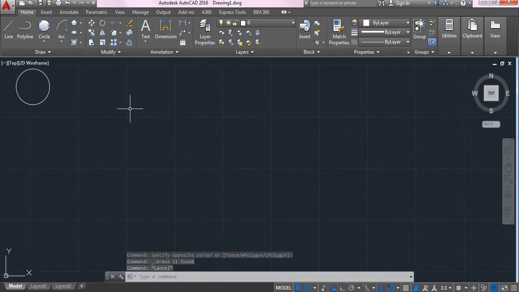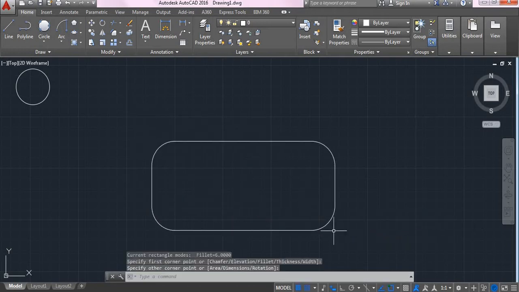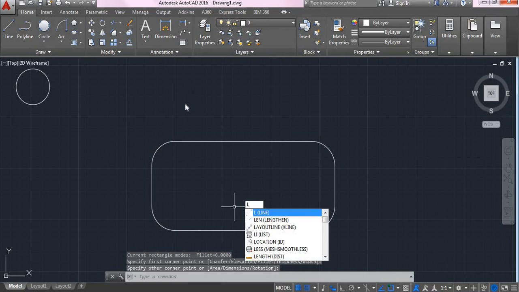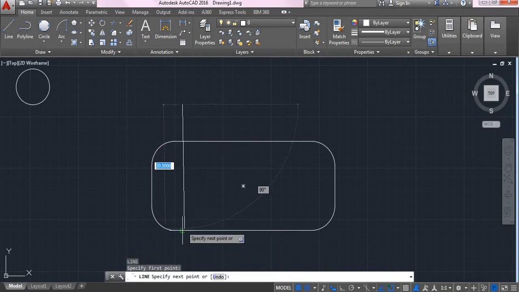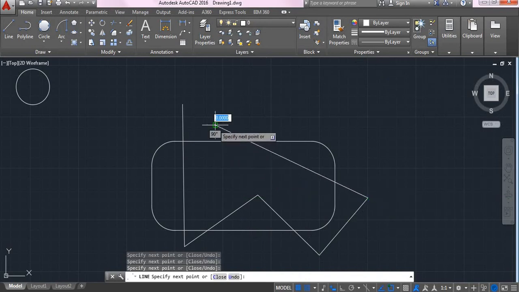The next command we have is the trim command. How to use the trim command? Let me take a profile like this. Say this is my sketch and I want to trim the lines inside this rectangle.